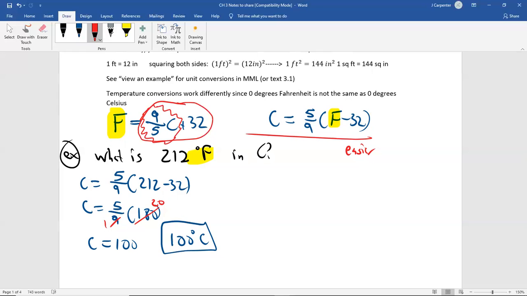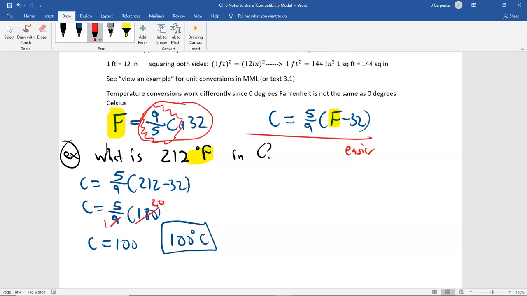So I had said that some of you may have known that 212 was already the answer, which is 100 degrees Celsius, because that's just one of the two conversions that actually established the equation. When someone decided to make Celsius, because Fahrenheit was the OG in this instance, they said, all right, we want to make the water freezing temperature of 32 degrees Fahrenheit 0 degrees in this new thing for simplicity. And then when water boils, which was traditionally 212 degrees Fahrenheit, we want that to be 100 degrees for simplicity, because